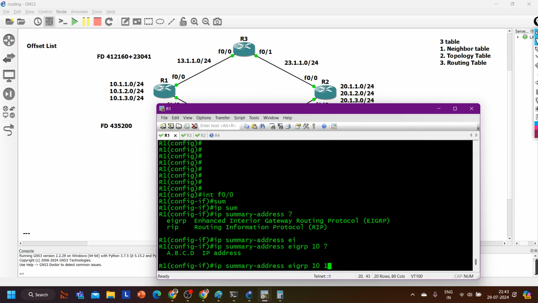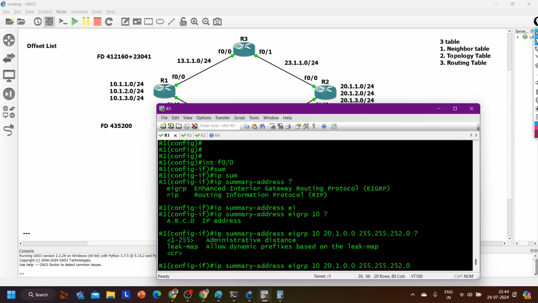So what I can do is say 20.1.0.0, and what will be the subnet mask for /22? Subnet mask for /22 is 255.255.252.0,